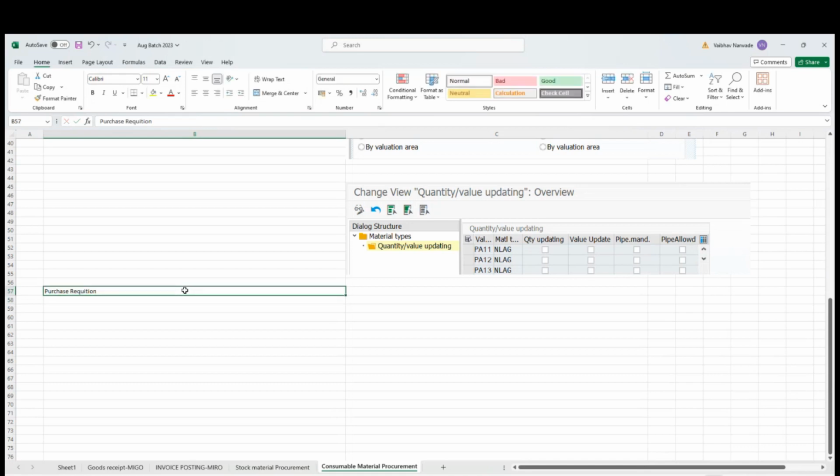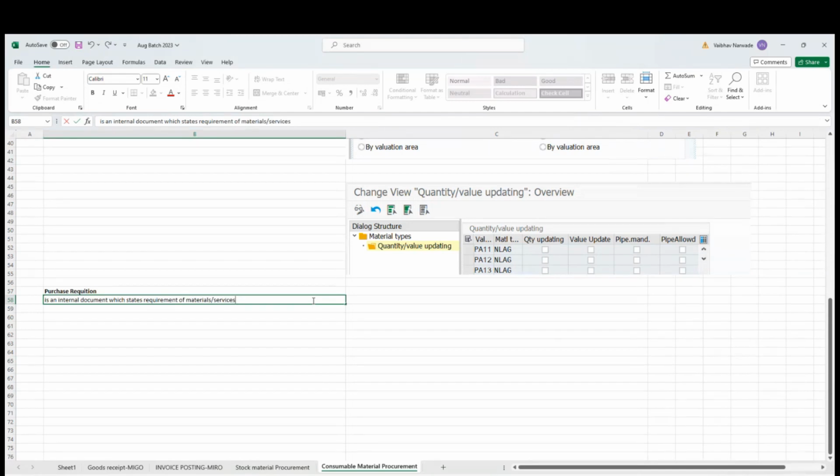Purchase requisition. What is a purchase requisition? So purchase requisition is an internal document which states a requirement of materials or services required.